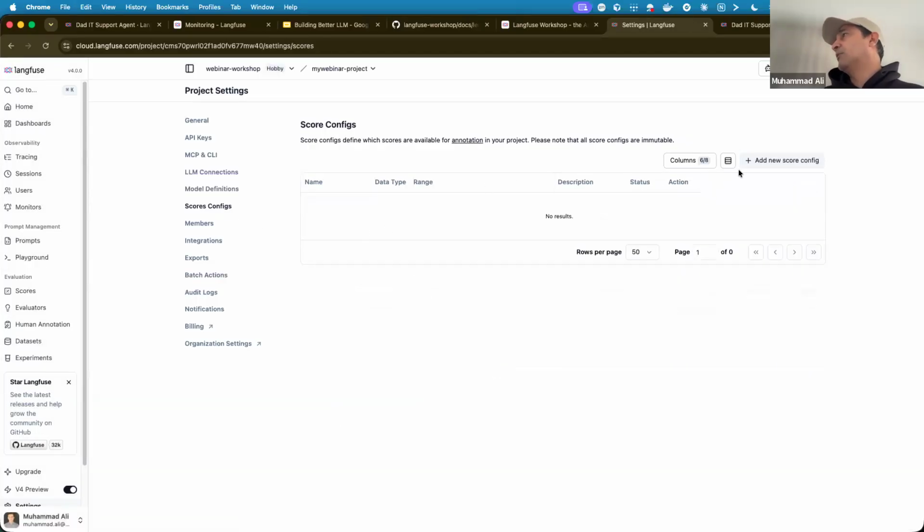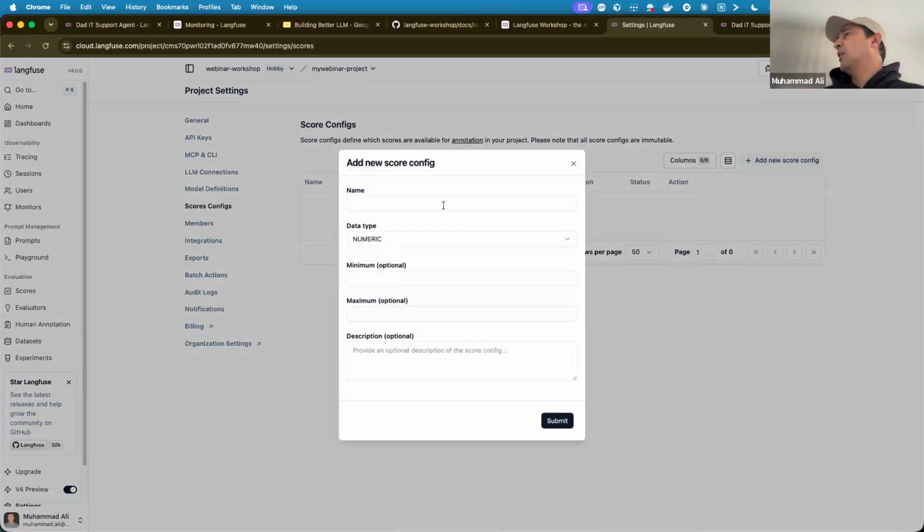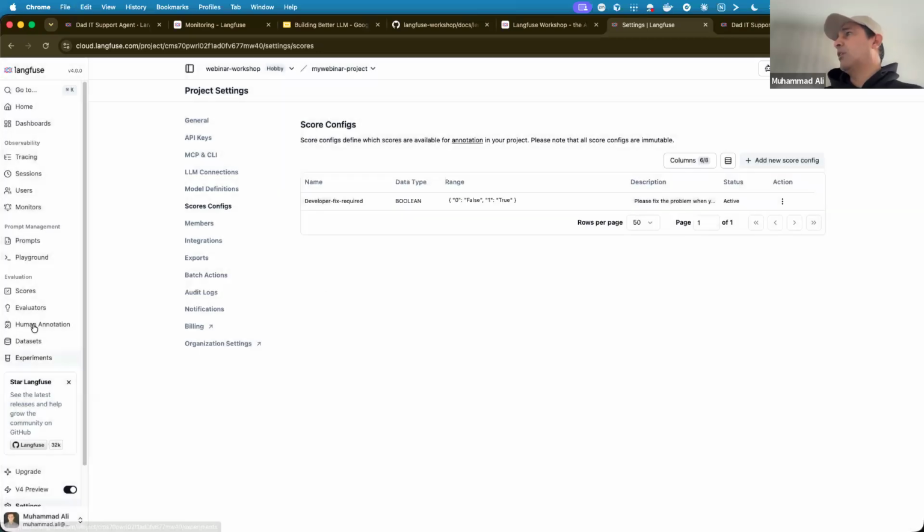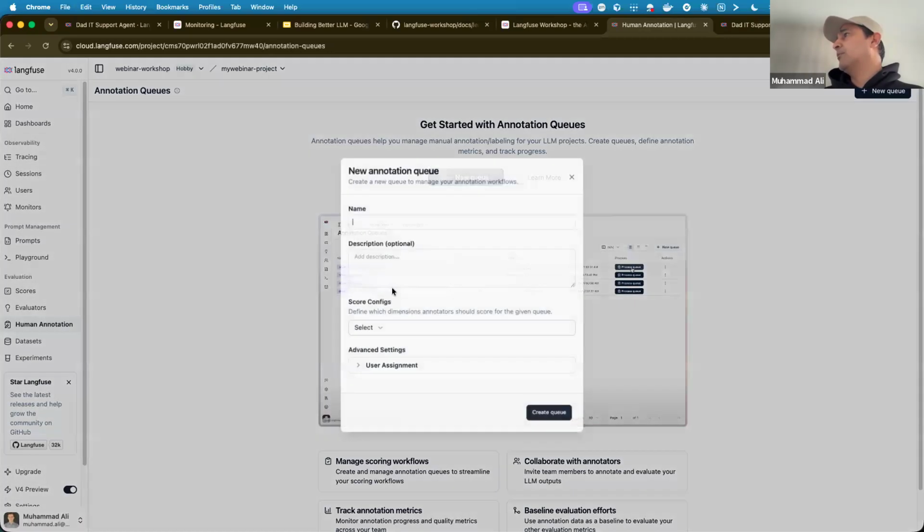I have to configure the score. I'm going to say developer fix required. It's Boolean, true and false. So my annotator is saying, yes, developer should fix this or not. Please fix the problem when you see true. Okay. So now I'm going to go to human annotation, create a queue and say, I'm going to call it